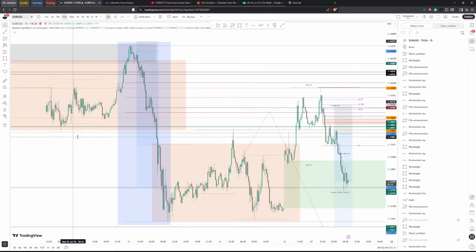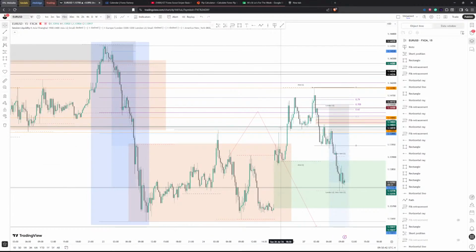When you're consolidating, generally speaking, you would sweep something before going down. The longer you consolidate for, the more equal highs you tend to create. And that's now where we have the area we can target for a liquidity sweep. So we actually had equal highs, one high here, one high here. It's not exactly equal, but this was also, I believe, the high of Friday. So it's a daily high.